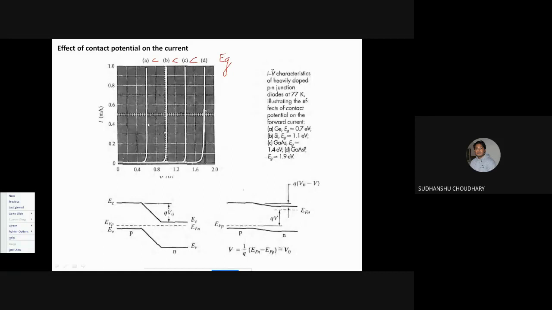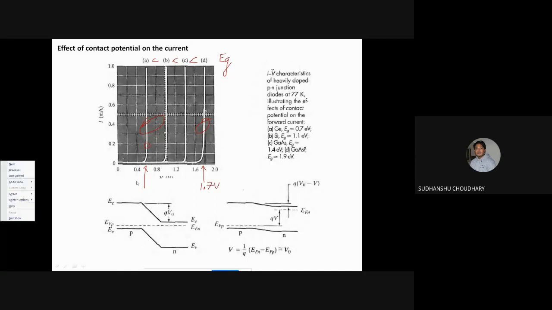So the band gap is smallest here in this case A, and largest in this case. Now the effect of this band gap is that for large band gaps you need to apply more forward bias to see the current or conduction. For example, here for a small band gap, the current can be seen at maybe somewhere at 0.5 volts. One can see the current increases abruptly. But for larger band gap materials, the current is seen when forward bias is increased to maybe somewhere around 1.7 volts.